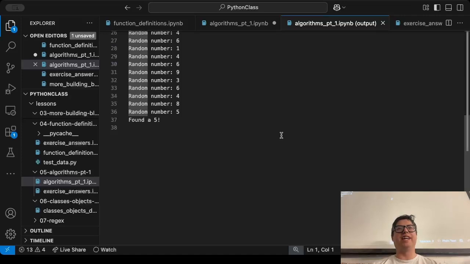What are the odds of that? At 1 to 10, it'd be 0.1 to the 35th power, 36th power. I'm just saying everyone go buy a scratch ticket, because that's crazy. It took 36 chances to pick a number from 1 to 10. If you're playing roulette, you'd be broke, right? Like, all right. Anyway,